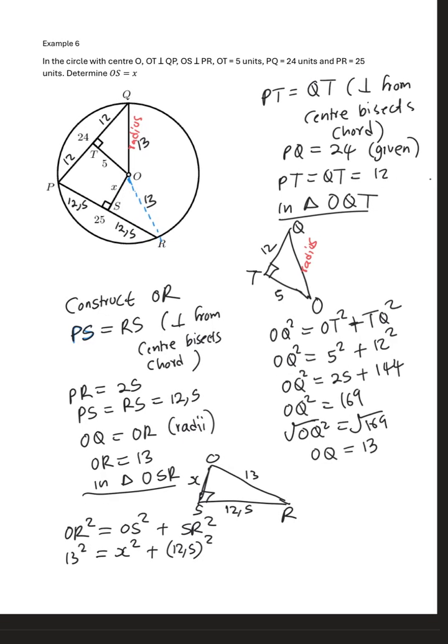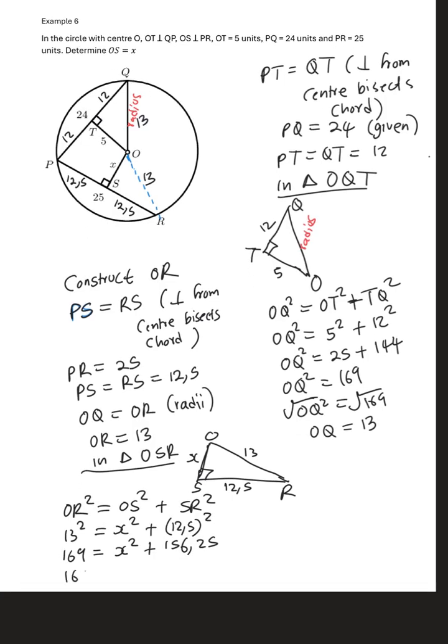Then 13 squared is 169 is equals to X squared plus 12.5 squared is how much? 12.5 times 12.5 is 156.25, and then we take it to the other side. 169 minus 156.25 is equals to X squared,